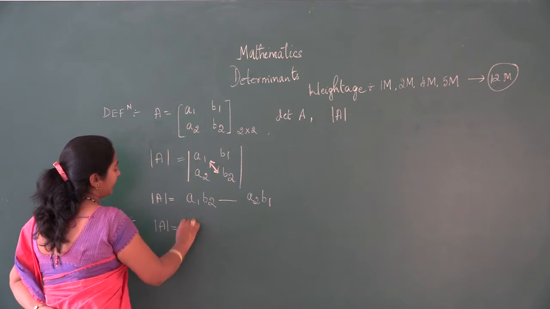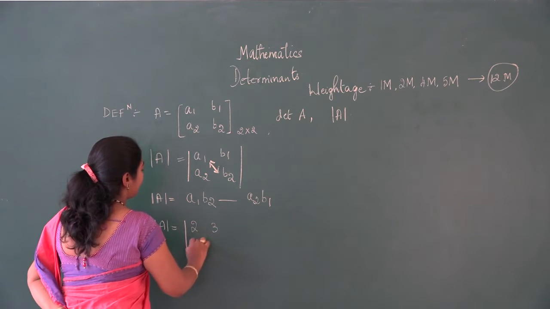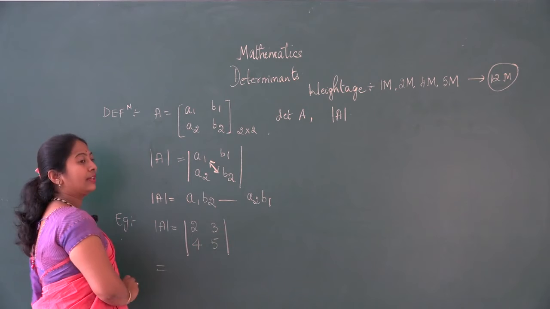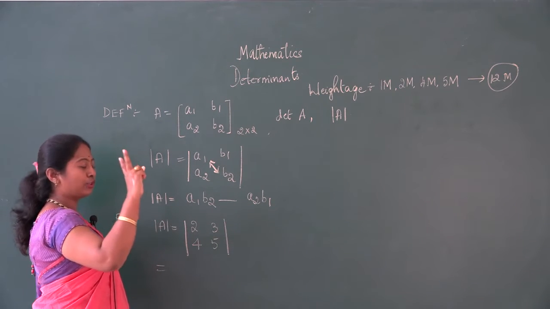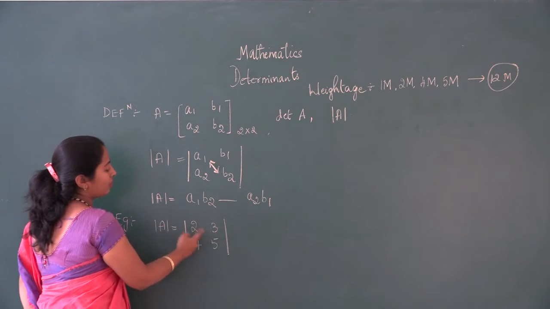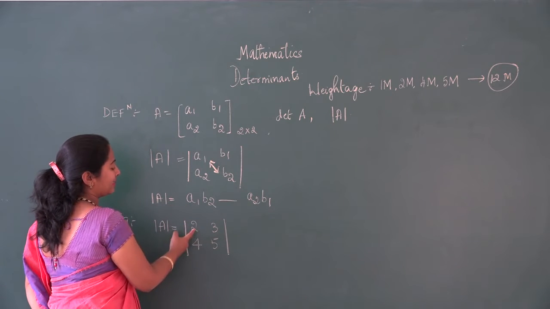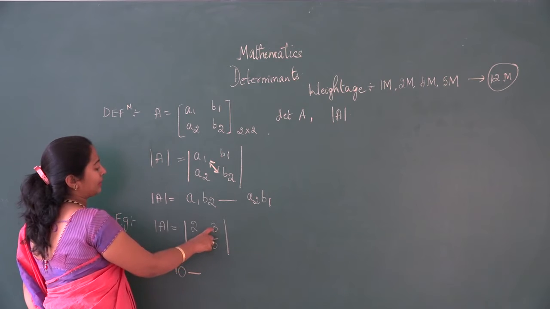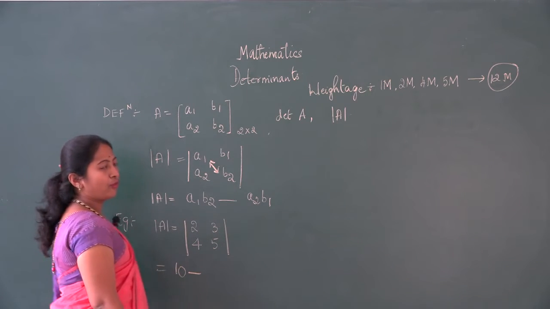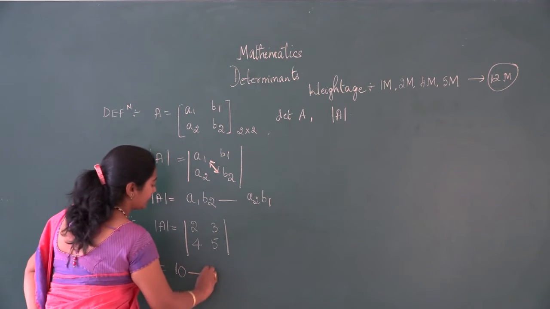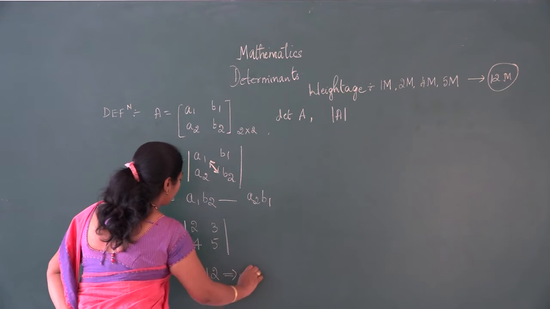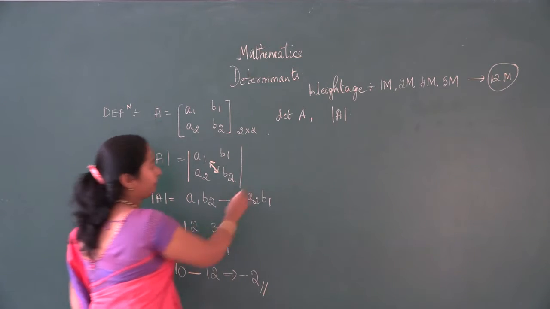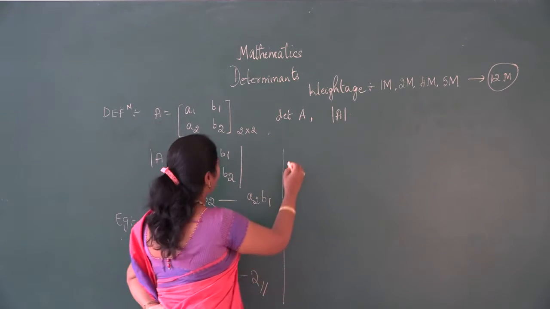What is determinant A? Say for example, determinant A contains the elements 2, 3, 4, 5. How do we calculate the value of determinant A for a 2 cross 2 matrix? These are called the principal diagonal elements. So, 2 fives are 10 minus, which are the other 2 elements left out? The secondary elements 4 and 3. So, 10 minus 12 sums up to minus 2. This is the value of determinant A. A few more examples.